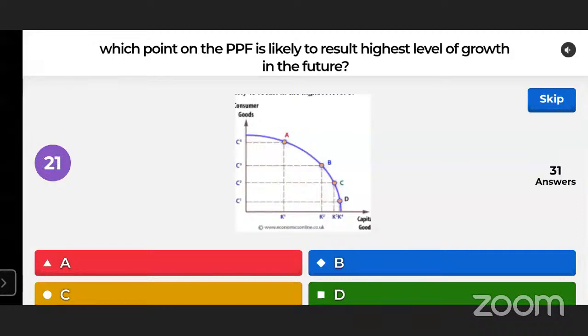Right, you have enough time. 20 seconds more. Think. Is it A, B, C, D? One is the y-axis showing consumer goods and capital goods showing on the x-axis. These 2 questions I will explain after finishing the game, because I want to draw the graph and explain.